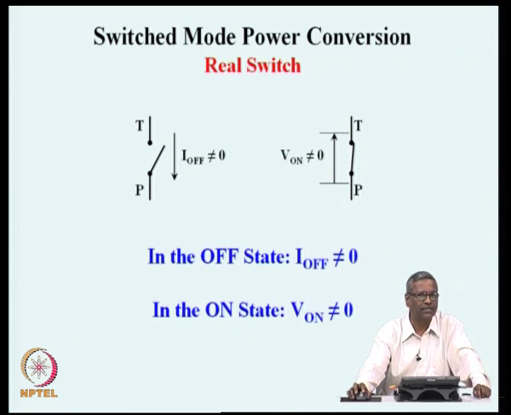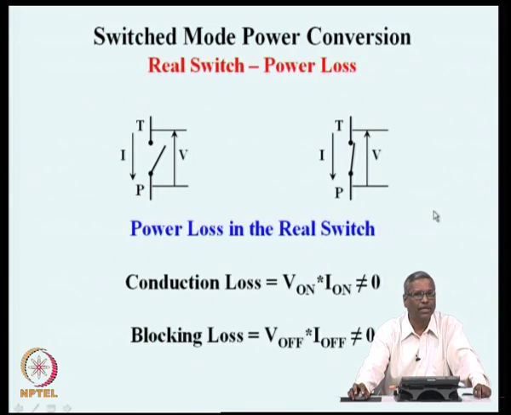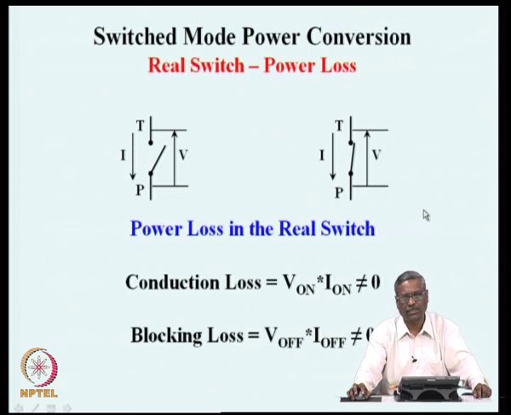This is the first and the fundamental difference between the real switch and an ideal switch. In the off state current is not equal to 0, and in the on state voltage is not equal to 0. Right. The consequence of this non-ideality results in power loss in